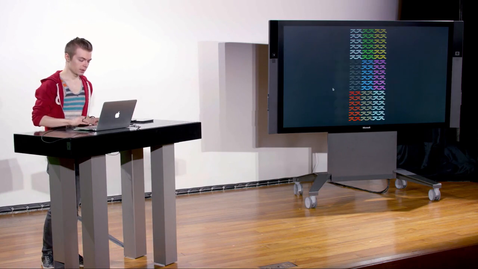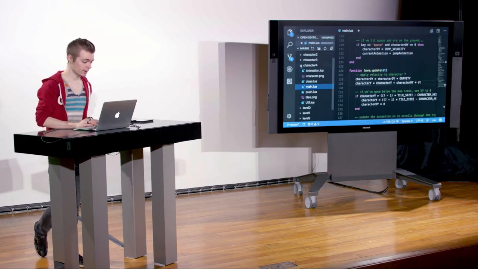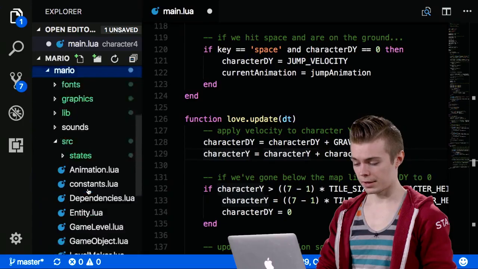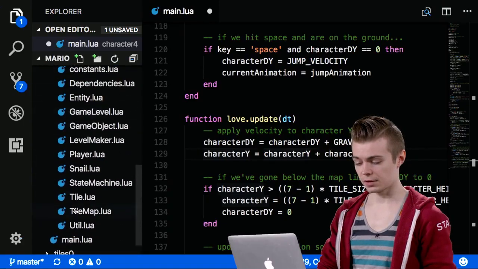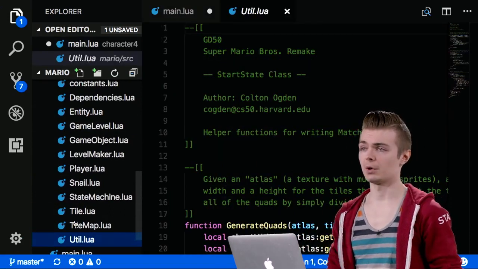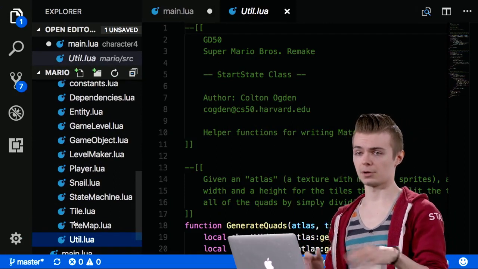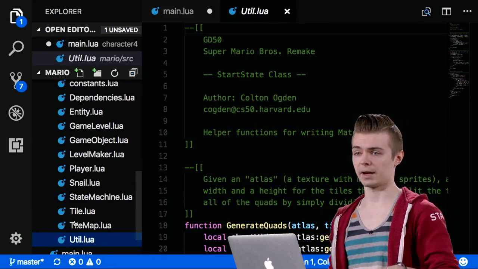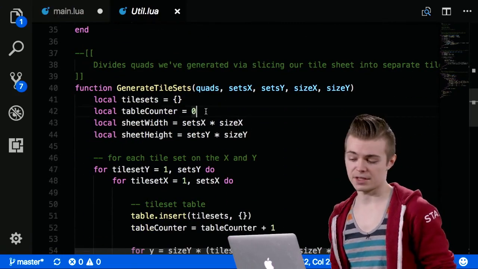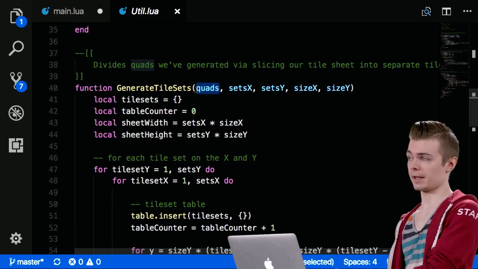So in the actual code, I won't go too deeply into it here, but I'll show you where it is if you're curious to look into how we do that. It's in Mario, in source, util.lua, which is, recall, where we before stored our generate quads function, which does a simple split on a tile sheet along just x and y based on whatever width and height you pass in. We have in here also a generate tile sets function, which takes in the quads from a generate